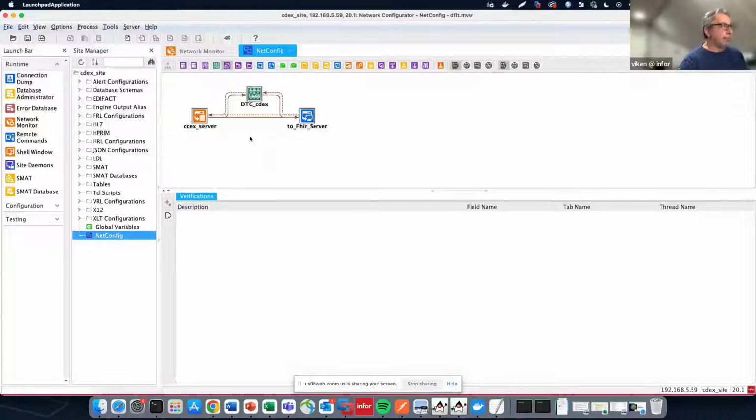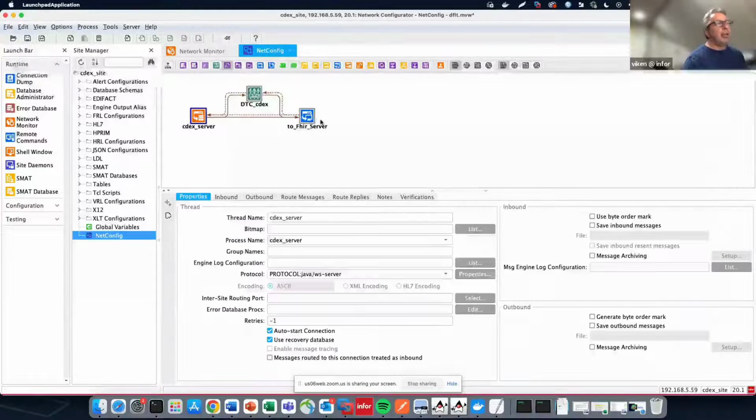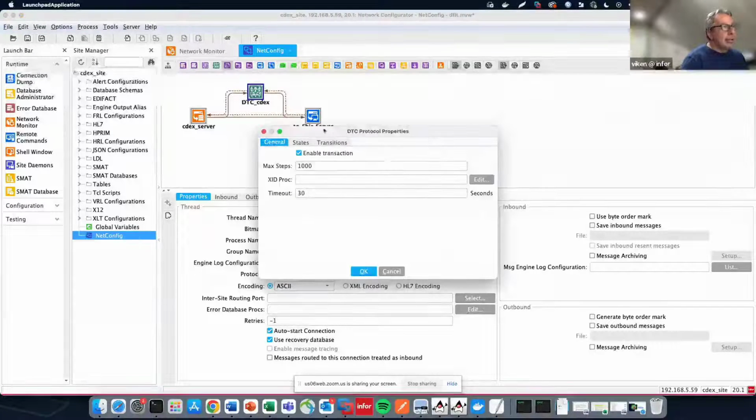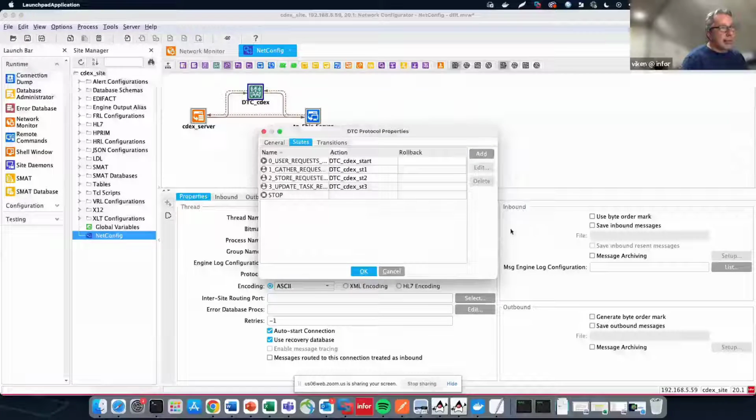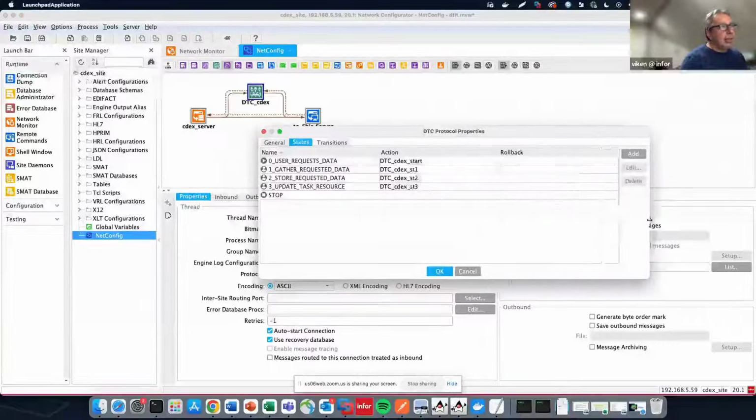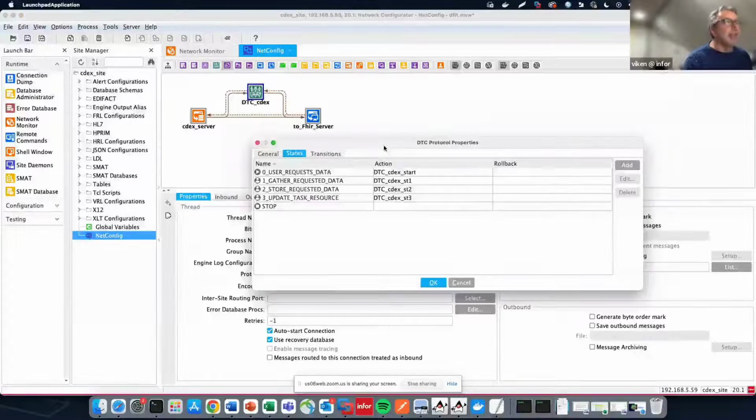Again, we have a web service provider connection and a web service consumer connection that goes to our FHIR server. And then in the middle, we have the same DTC protocol that we used earlier. However, in this case, I'm going to display the steps in the DTC this time. As you can see, it's not as intensive as the previous demo.